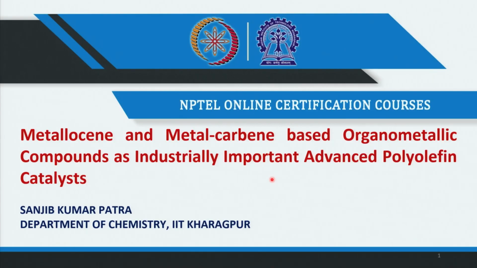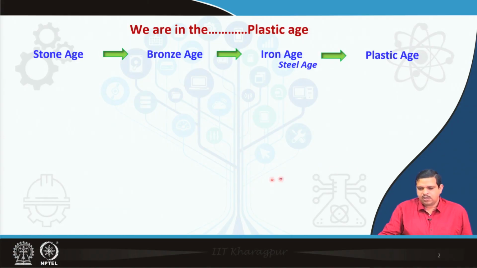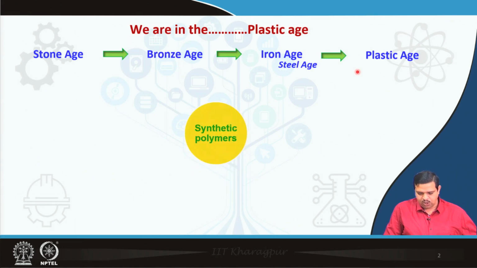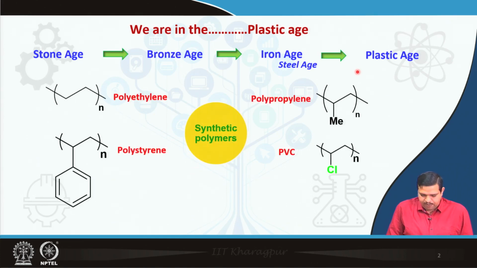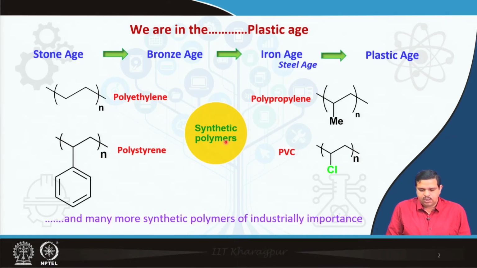I am offering a course entitled Metallocene and Metal-carbene based organometallic compounds as industrially important advanced polyolefin catalysts. As you know, we are in the plastic age. Plastics have replaced many traditional materials like wood, steel, concrete and various alloys and other materials. And among the synthetic polymers, the polyolefin category of polymers plays a major role in polymer industries and in the global market. These are some specific, representative examples, and there are many more synthetic polymers of